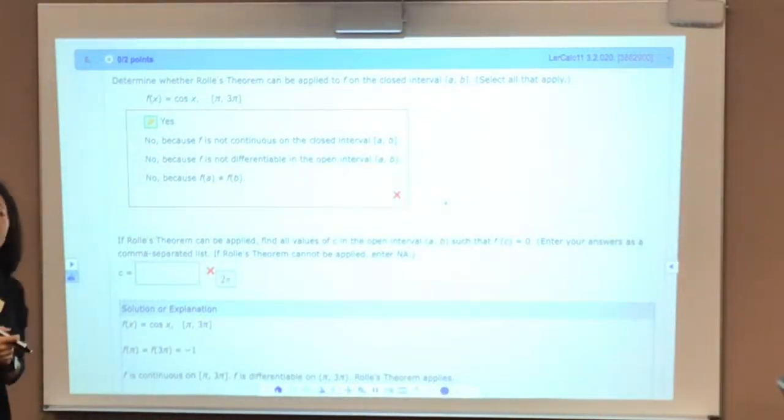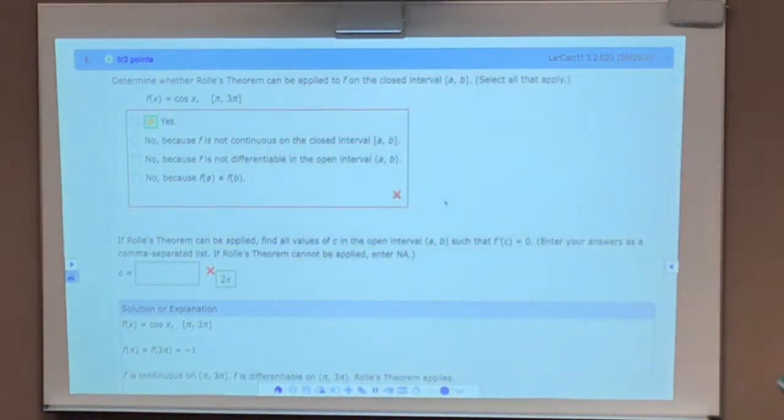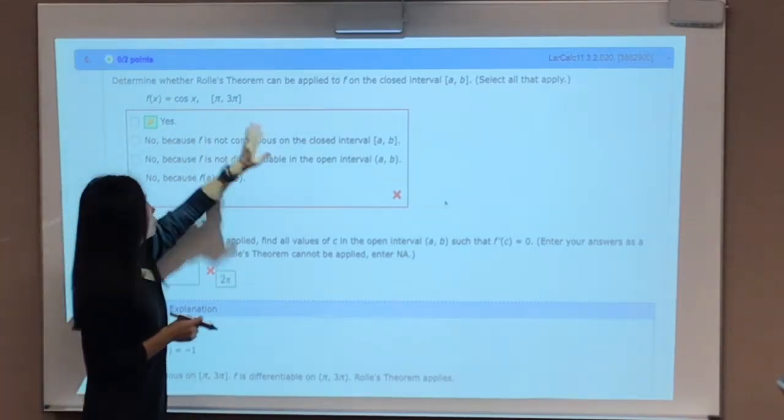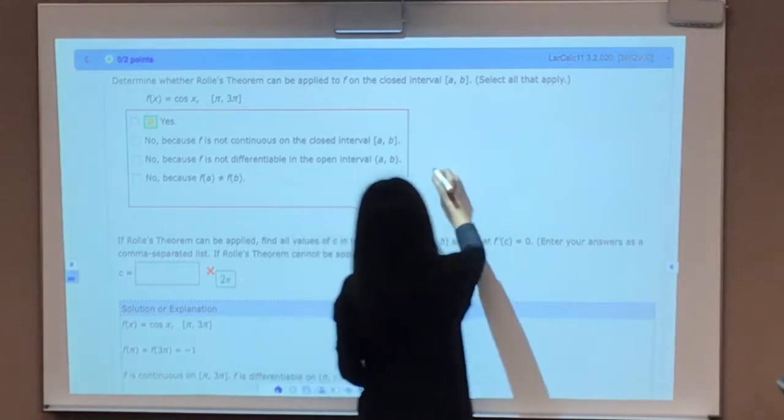3.2. Is everybody with me? Determine whether Rolle's theorem can be applied to f on the closed interval [a, b]. Select all that apply. f of x equals cosine of x, okay, only looking at